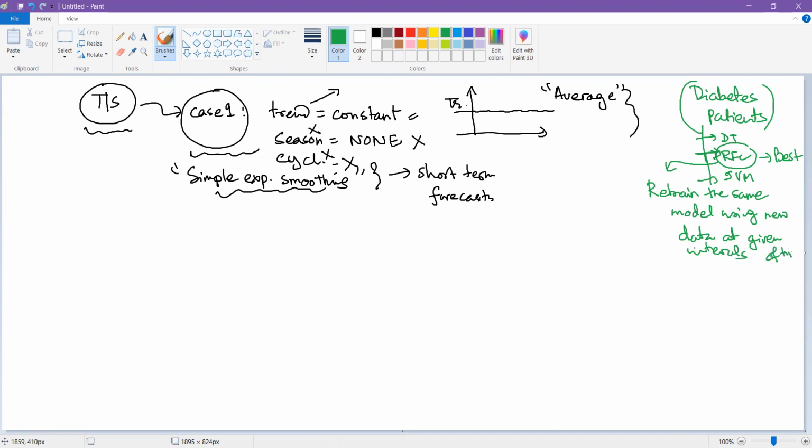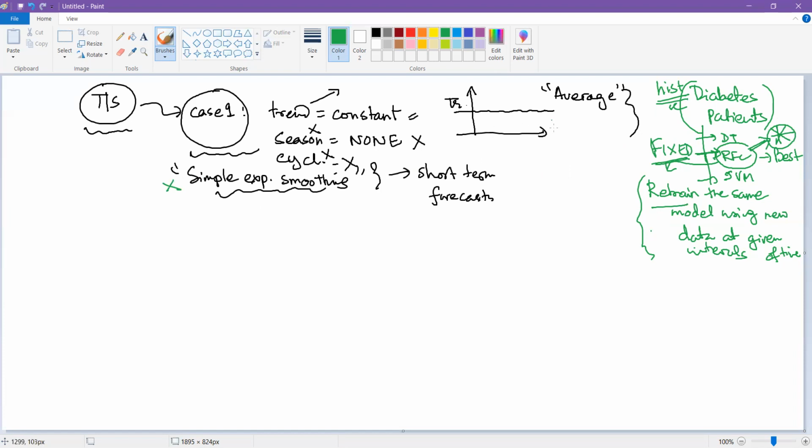Because the inherent pattern of my data is not changing so much, and I know that I have used enough historical data, and I have done a lot of things like grid search, cross validation and so on, and I found out that random forest classifier is my best one. So I have fixed this model. Are you getting my point? I have fixed the model, and then I have only retrained it by giving it the new data, and so on. In this case, I cannot do that.